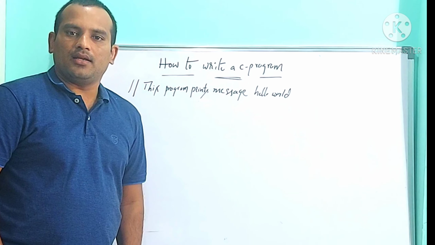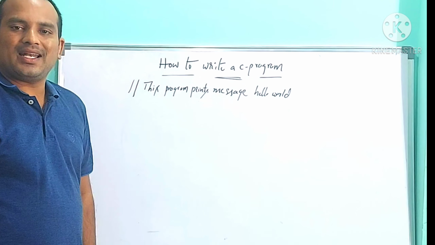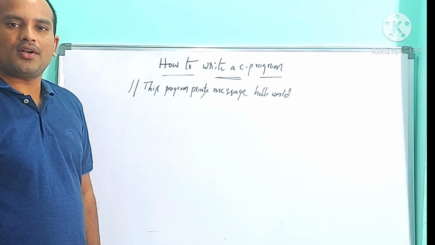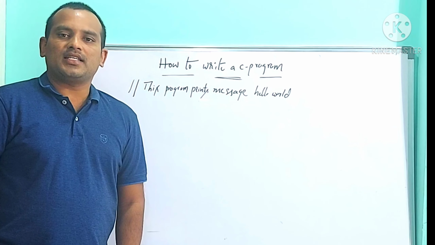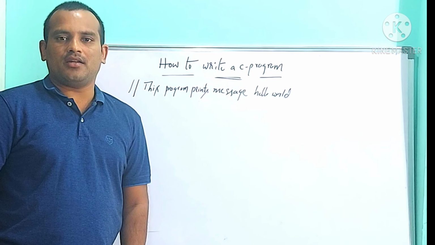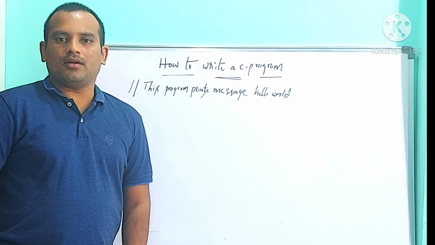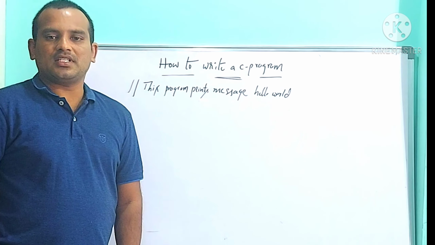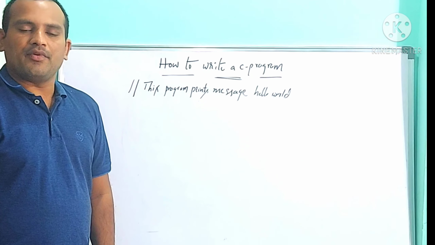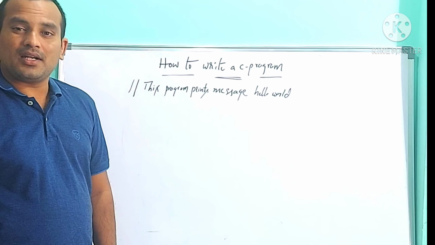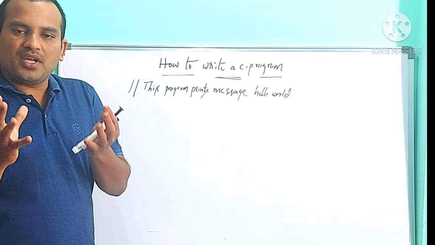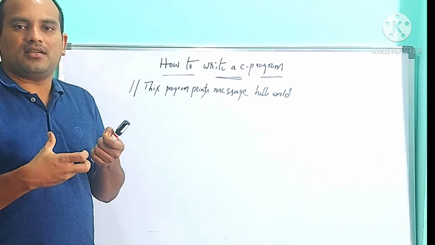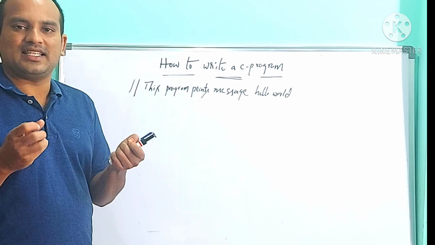Second part, which is mandatory in every C program, is called linking section. I told you clearly, the linking section can be used to define necessary header files. A header file has the extension .h. For example, stdio.h, standard input output header file, and conio.h, console input output header file. Header files contain meanings or definitions of predefined functions like printf, scanf, gets.